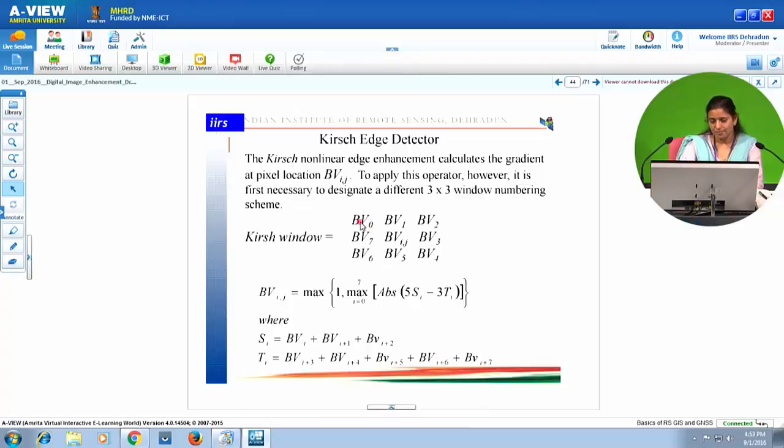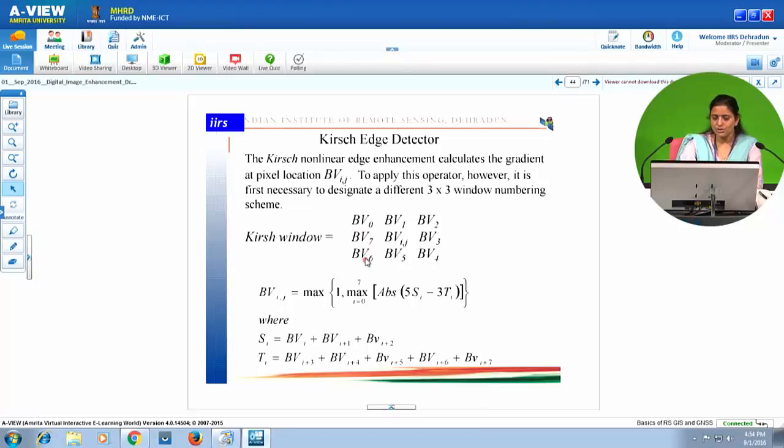At one time, the window numbering is this. At the other time, the numbering is shifted. BV0 is shifted here, BV1 here. So if BV0 is here, then BV0, 1, 2, 3, 4, 5, 6, 7. Like this, clockwise, we will go on shifting 8 times till BV0 comes back here.